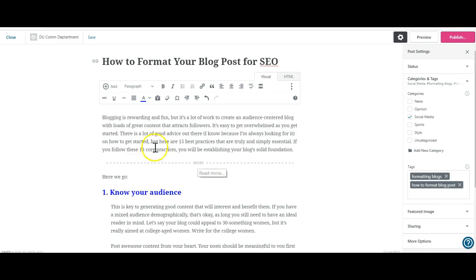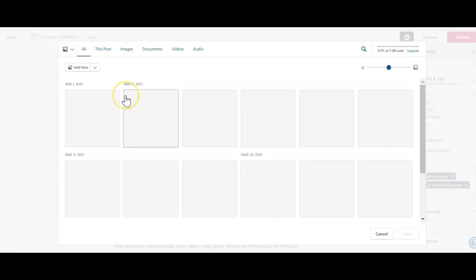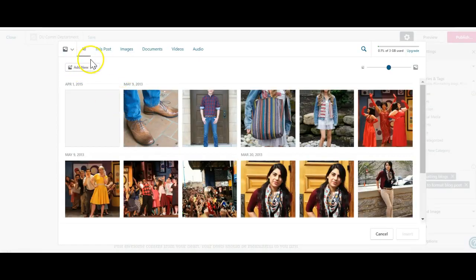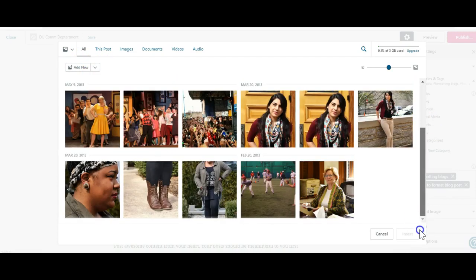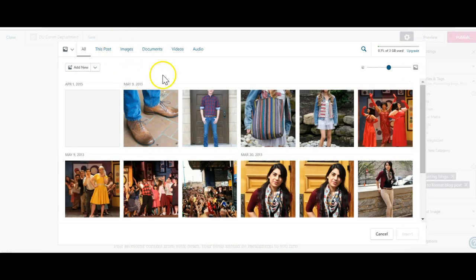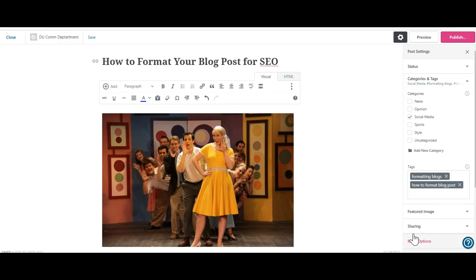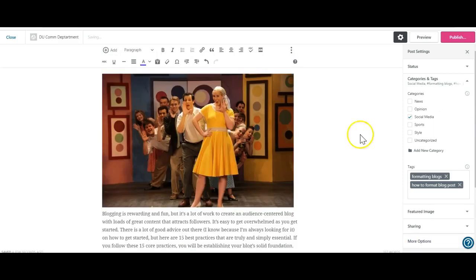Now, here's what you need to know about the featured image. The first image that I put in my blog, I'm going to do that through Add Content, Media. You have to add whatever pictures you have into your library. This is from some older blog content that I was doing for my previous institution. Well, anyway, let's say I want to put in this picture, and so I can insert. And then here's the thing, I think it's really good to have a picture at the top, either right here, or if you highlight it,